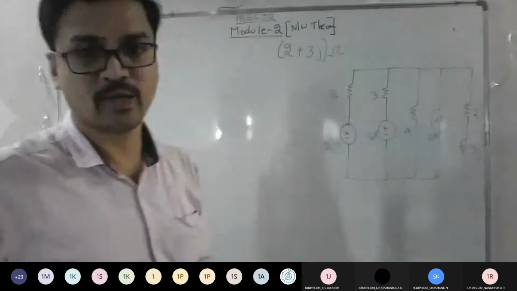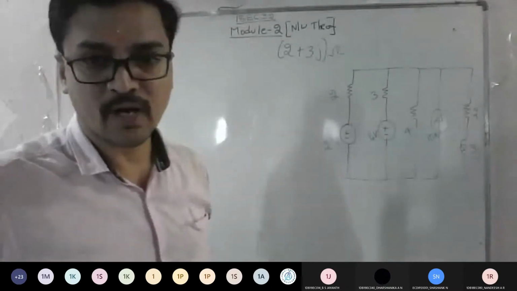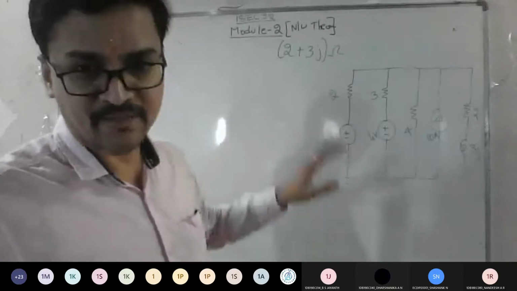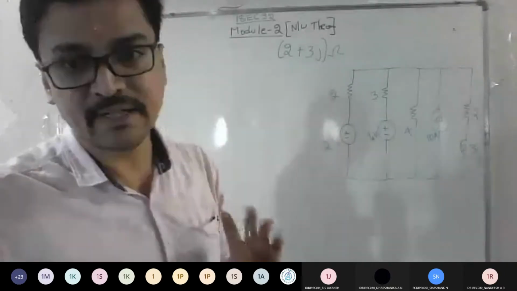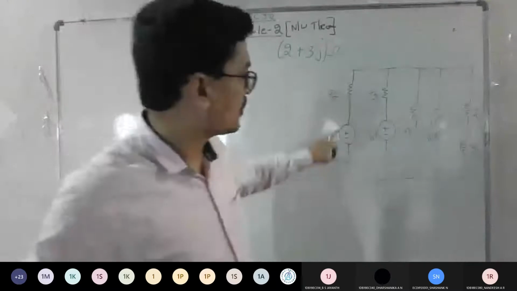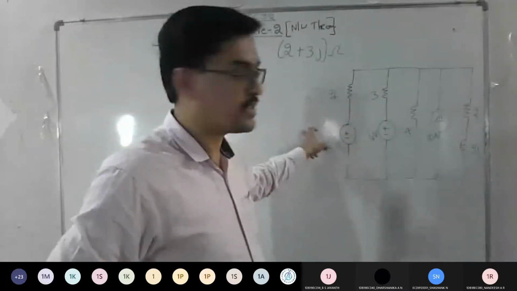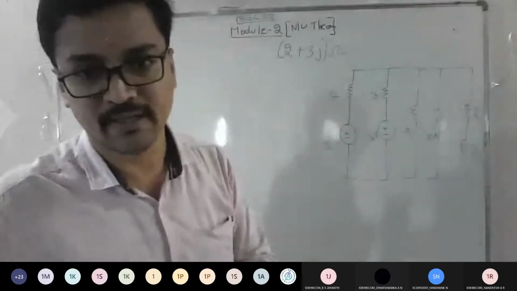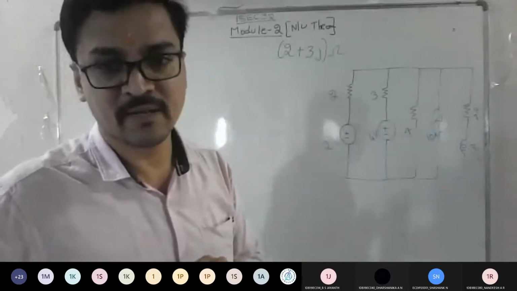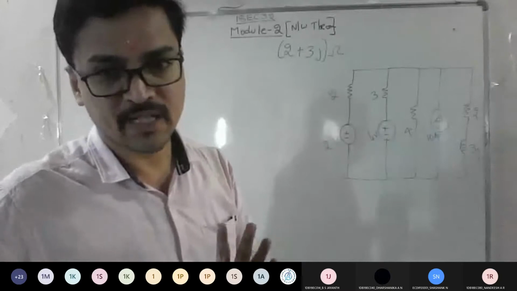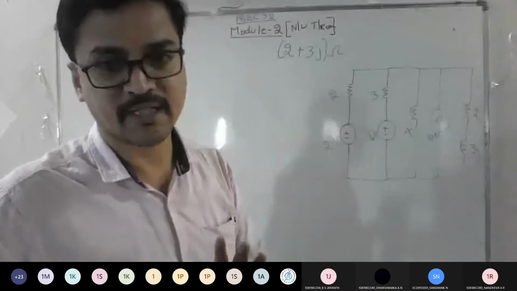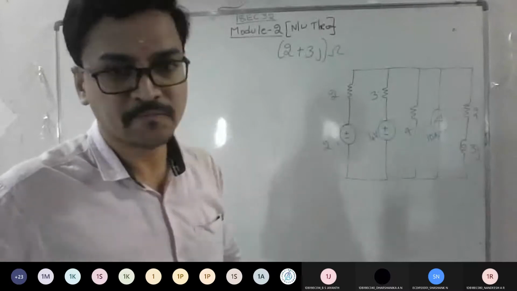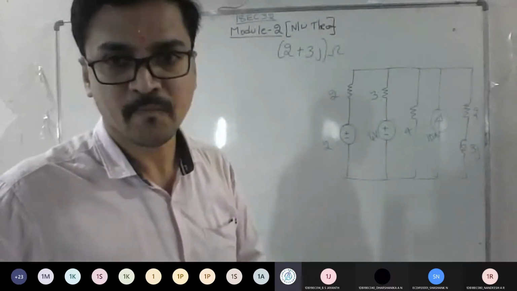So what is the way? Look at it: you have two practical voltage sources in parallel, but you also have one current source. If the same problem were under source transformation, we could have converted the 2 volt to current, and similarly the 4 volt to current, done all the parallel connections, and got the equivalent. But now they said to use Millman theorem, and Millman's logic works if there are n practical voltage sources in parallel. So what should we do now? Convert the current source into voltage.